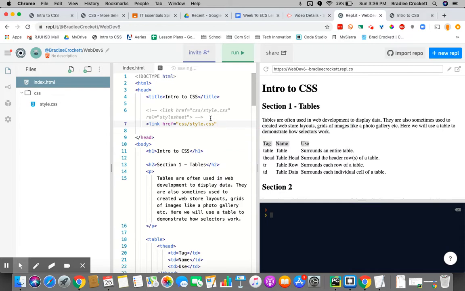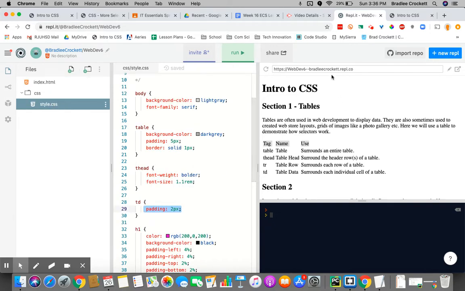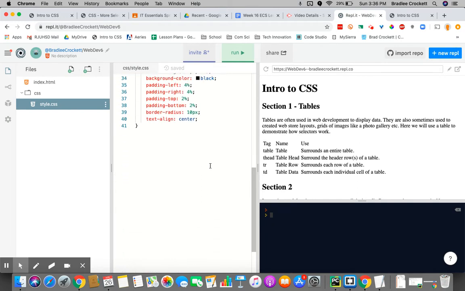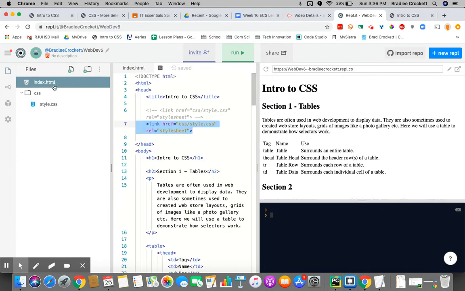I also need to tell it the relationship. The relationship is a style sheet. I'll close that link. Once I've linked that style sheet, it tells my browser, instead of just giving me this plain black and white text, I want you to use these properties to style my website. So I add in this link to my HTML document,